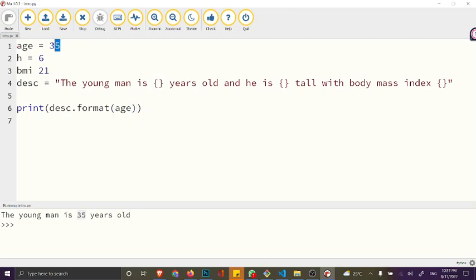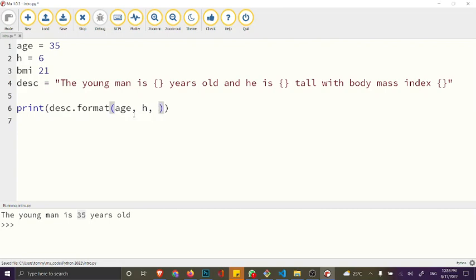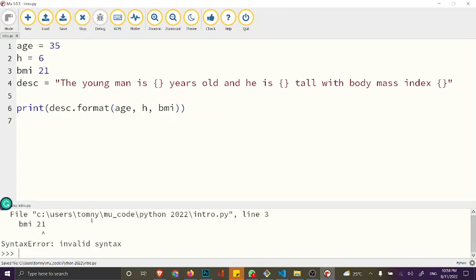The first placeholder will be for the age, the second placeholder for the height, while the last placeholder is going to be for the body mass index. If you place the order the wrong way, you have a wrong variable placement. So we say age, put a comma, height, comma, BMI, like this. Now if we print this, if we run this,